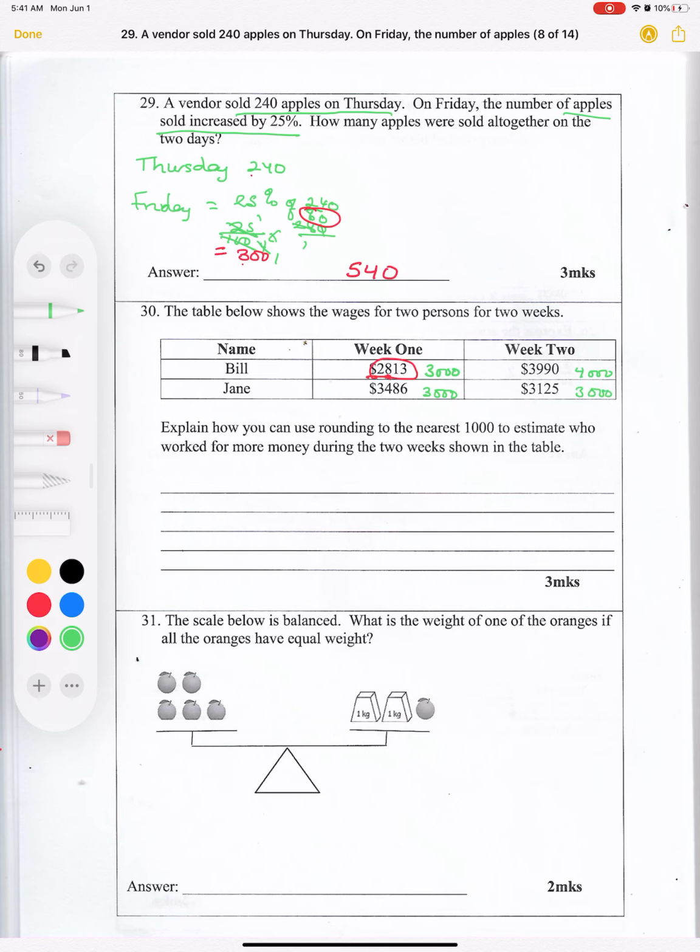So, Bill: 3,000 plus 4,000, 7,000. Jane: 3,000 plus 3,000, 6,000. So what I just explained there would be your answer. In words, you say,